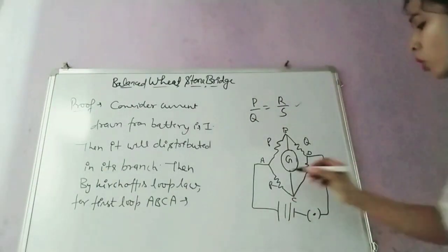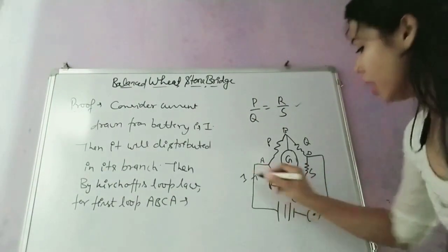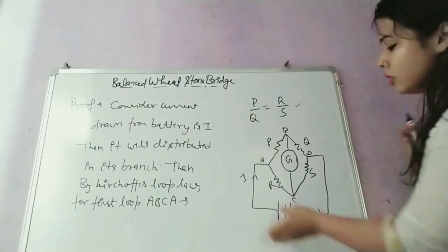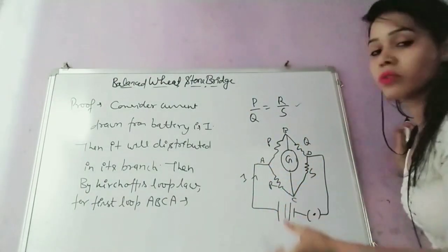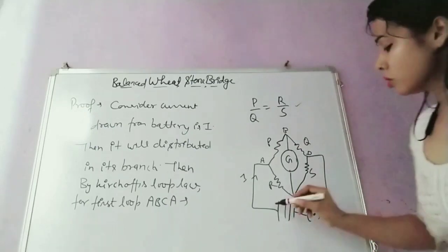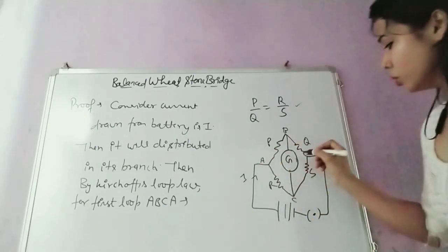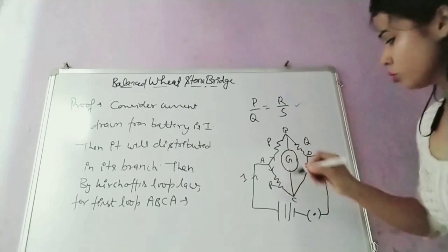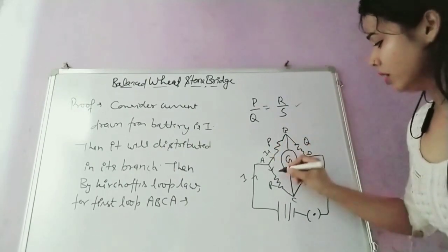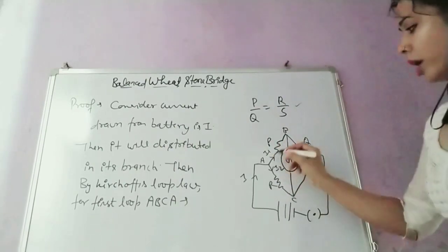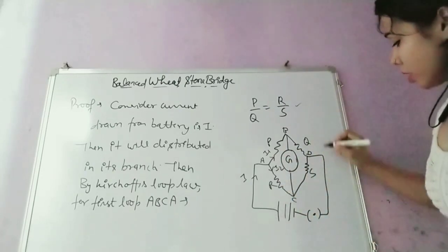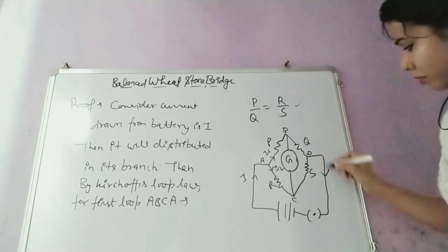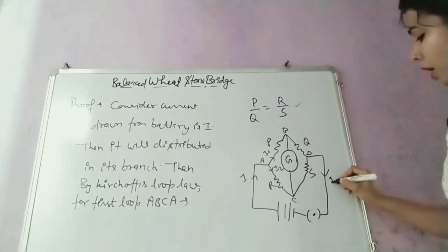through the cell. As we know, how much current is drawn through the cell, the same current is entering the cell. Okay, law of conservation of charges. So current I is going through it. It is split into these two branches. Suppose this is I1 and this one is I2. I1 current and I2 current are moving through it. Then the current leaving this junction is also I.